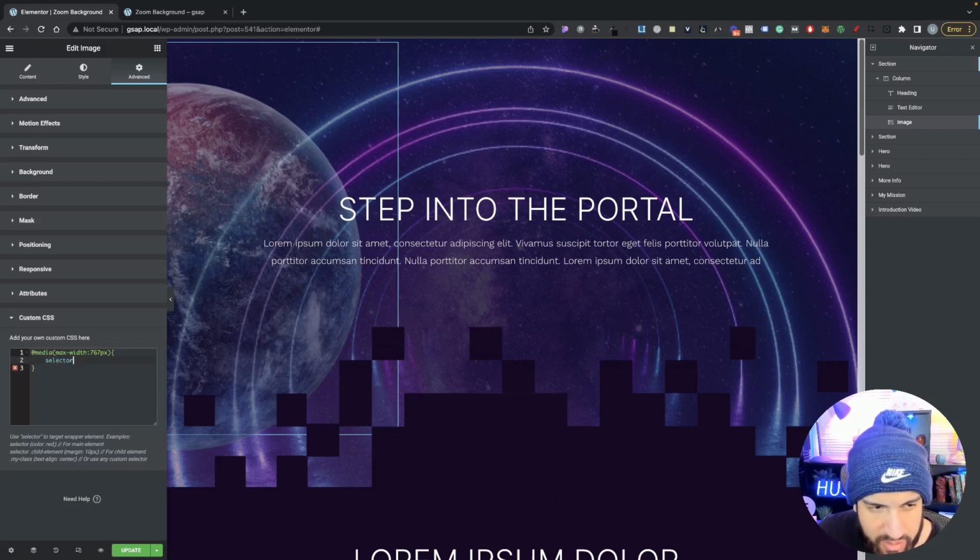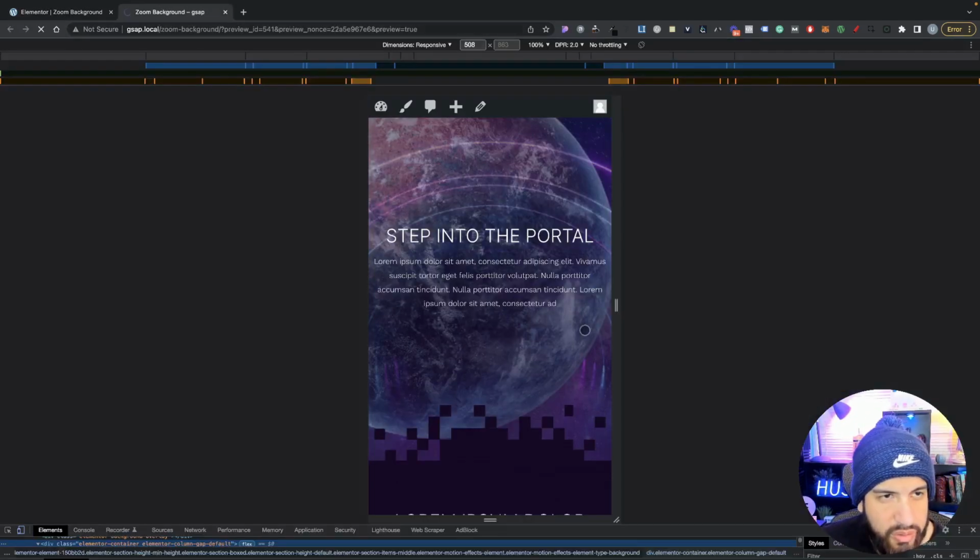Now we could do selector image, but I find selector being better, just because if we do selector image, it's going to probably set it to the center. So that's what I did, and it kind of didn't work that great. So just do selector, and then after that add curly brackets, and then in between those curly brackets just type in width. We don't really need to do a max-width, you could just type in width, and we're going to do 500 pixels, and do an exclamation point and then type in important, just so this does get adjusted. So now if we click update and we refresh this,